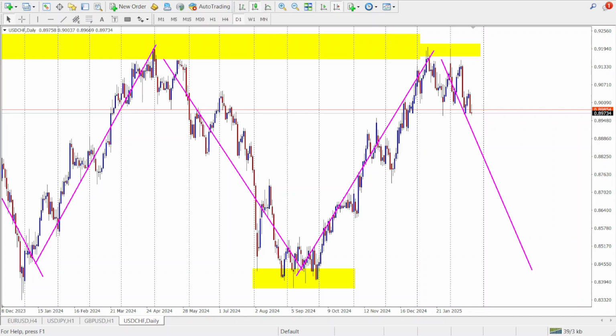Okay, then the next step for you to do is to watch for confirmation candles. After spotting a potential flip zone, it is critical to wait for confirmation before entering a trade. This could come in the form of a reversal candlestick pattern, such as a pin bar, an engulfing candle, or a doji. These candlestick patterns act as a confirmation